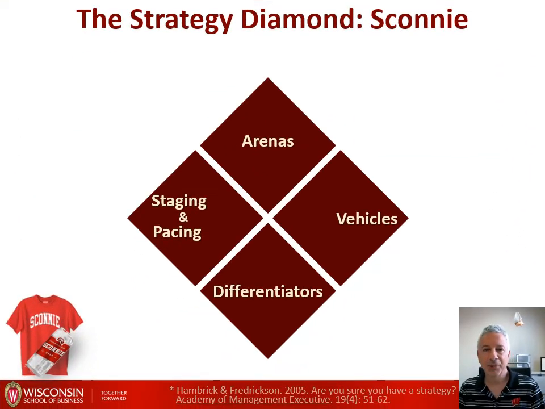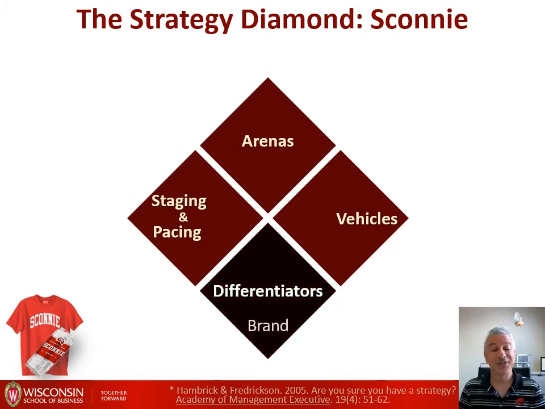Next, we look at Scani beer as an outgrowth of their t-shirt business. And again, we begin with the differentiators. And in this case, the differentiator is not that they know how to make beer. And in fact, they don't know how to make beer. They have only one resource that they're trying to leverage here, and that is, in fact, the Scani brand. And the Scani brand, as many of you know, is going to be linked to sort of a Wisconsin lifestyle. It is something that Wisconsin people tend to identify with. And that's important. It's potentially valuable, you can imagine, in selling beer.